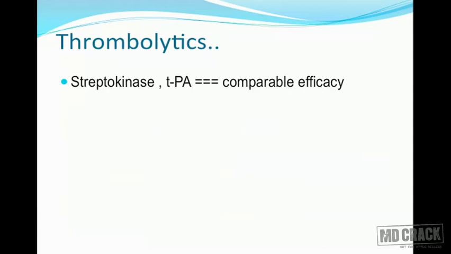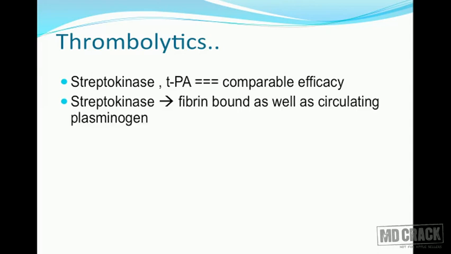Streptokinase and TPA, that's tissue plasminogen activator, the newer ones, have comparable efficacy, and the difference is that streptokinase acts on the fibrin bound as well as the circulating plasminogen. So it's going to produce its effect on the plasminogen which is circulating in the blood plus which is bound